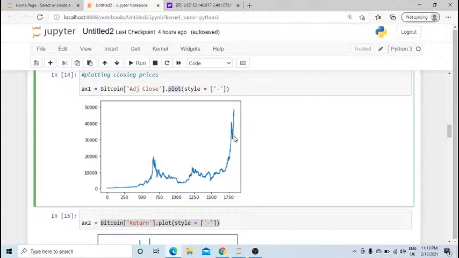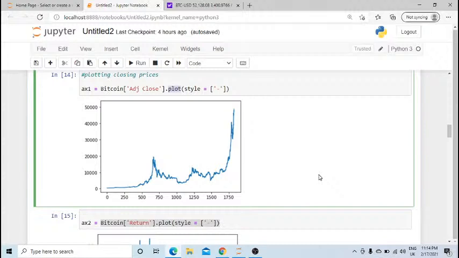You look at my cursor, I am just pointing the cursor here, and here you see that it crashed during that time for a couple of days. And then what happened was that Elon Musk and Tesla announced that they would buy 1.5 billion. In fact, they bought first and then announced. So it's perhaps for the first time such a big company, a mainstream company, invested or bought Bitcoin,